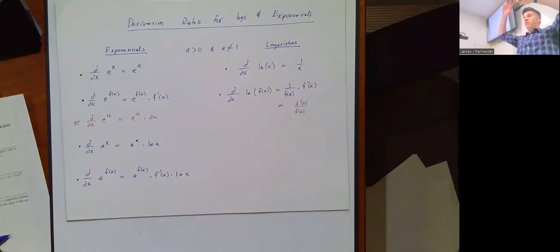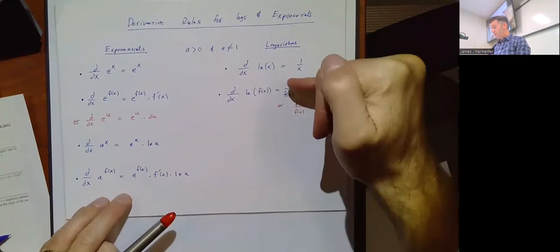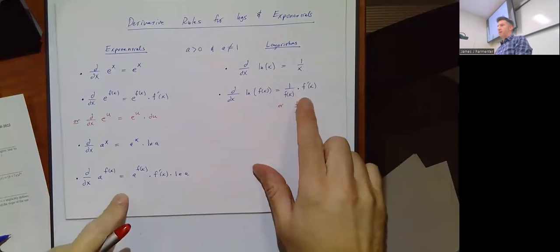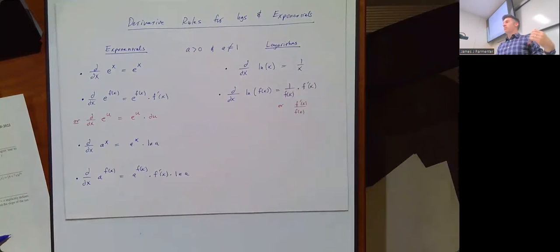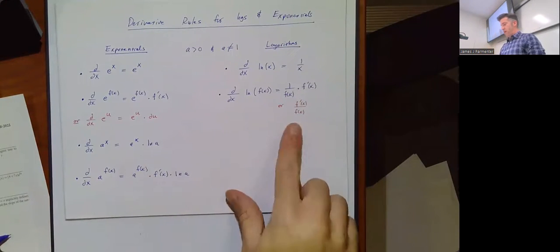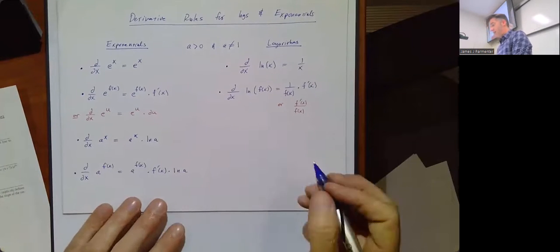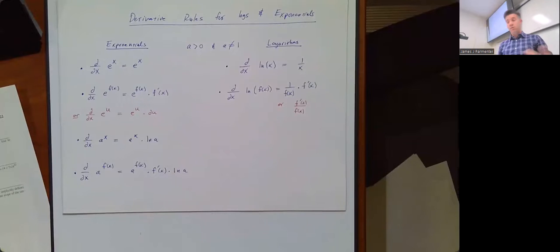You do the derivative of your outer function, you leave the inside alone. That's why we're getting the 1 over the stuff, because the derivative of the natural log of something is 1 over the something. And then after you've done the outer function and left the inside alone, you multiply by the derivative of the stuff. So that's why I'm writing it like this, just to really emphasize that nature. But if you wanted to simplify it, you would totally write it like that. And then we have the other base version.